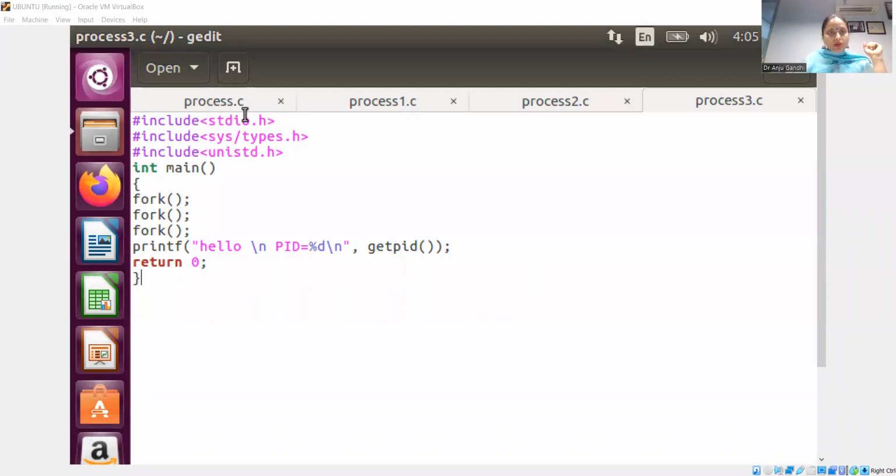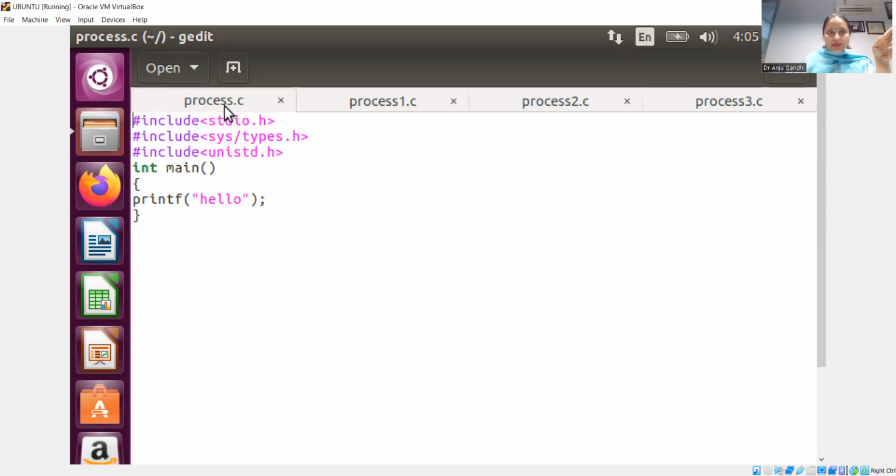So talking about the process, this is the first code that we have written without fork commands. It will execute only once, and it will display the print, right? This is the second code that we have written, where we've executed the fork command once, so the current process will show hello, and